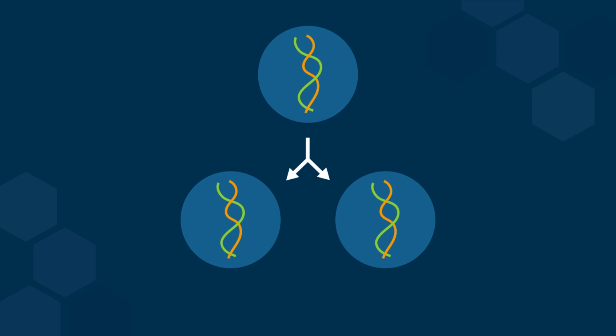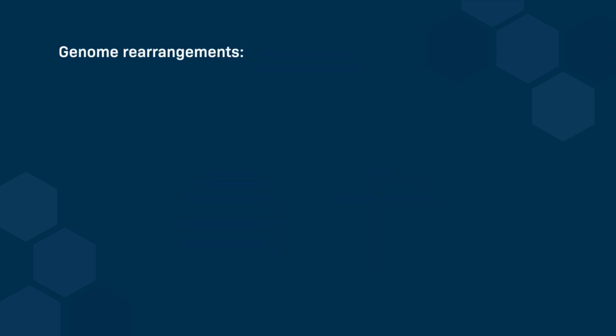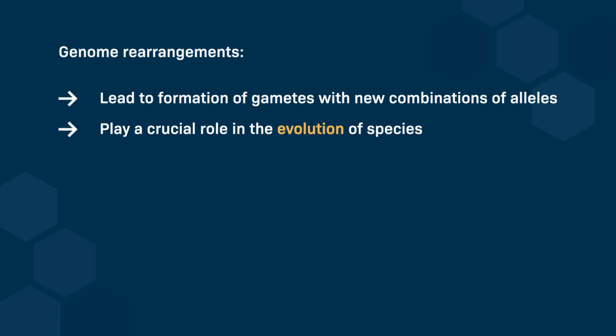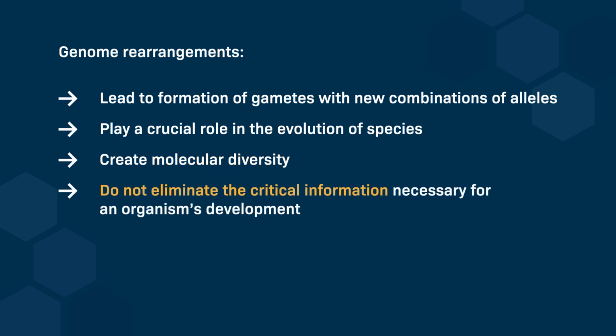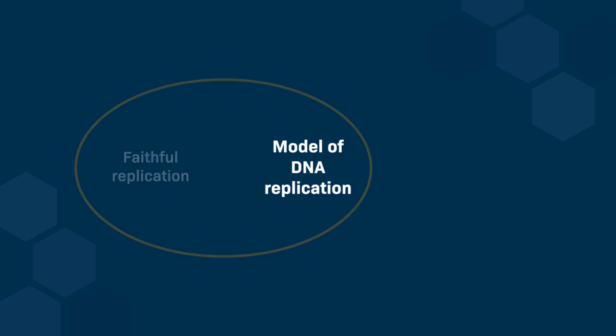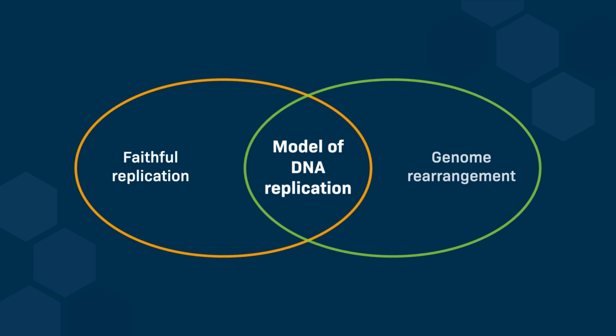However, faithful replication does not preclude genome rearrangements, which take place during meiosis and lead to the formation of gametes with new combinations of alleles. These rearrangements play a crucial role in the evolution of species and the creation of molecular diversity. Successful rearrangements do not eliminate critical information necessary for the development of an organism. To summarize, then, a successful model of DNA replication should allow for both faithful replication and the rearrangement of genomic